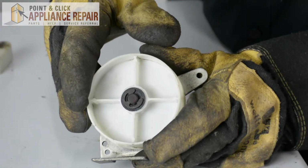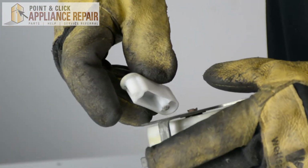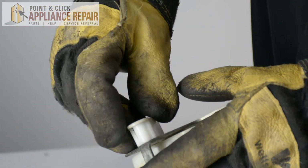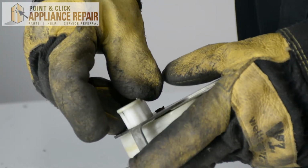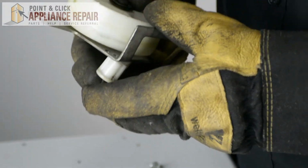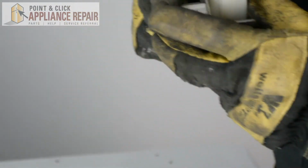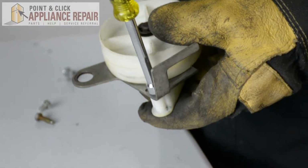There we go. And you'll also see this little piece that protrudes is going to fit into this larger hole there. So once you've got that lined up, you can screw it into place. So once you tighten that down right there,